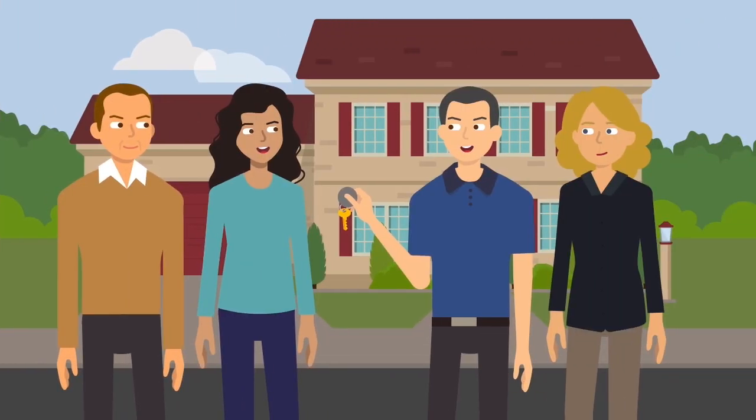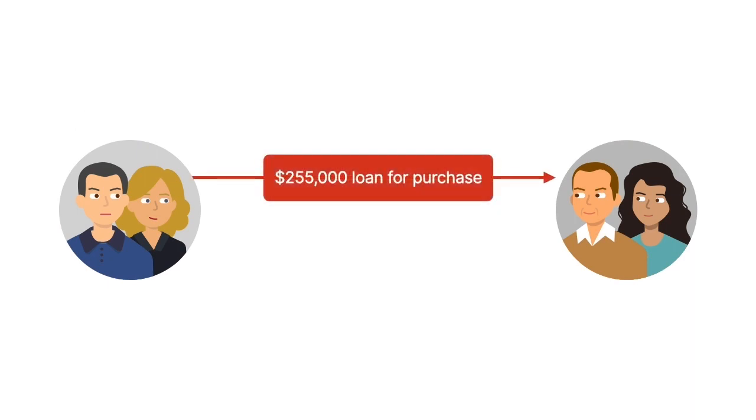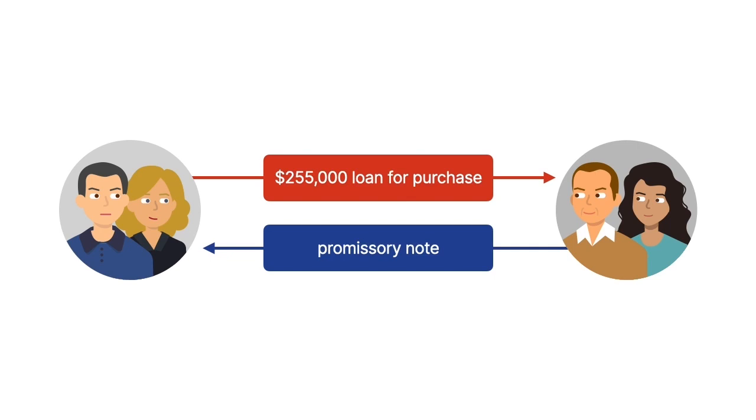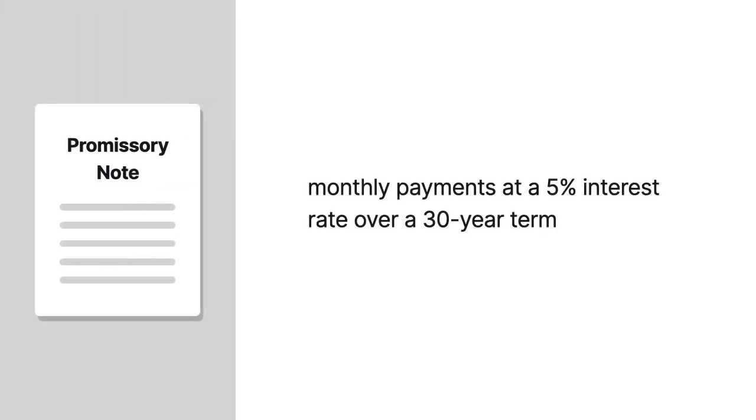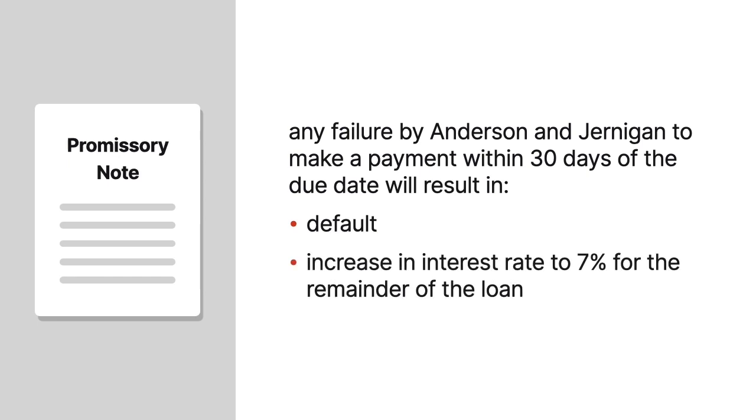William Anderson and Danni Jernigan purchased a home in Raleigh, North Carolina from Wayne and Tina Hancock. The Hancocks provided a loan to Anderson and Jernigan for the purchase, and Anderson and Jernigan executed a promissory note agreeing to make monthly payments at a 5% interest rate over a 30-year term. The promissory note also provided that any failure by Anderson and Jernigan to make a payment within 30 days of the due date would result in default and would increase the interest rate to 7% for the remainder of the